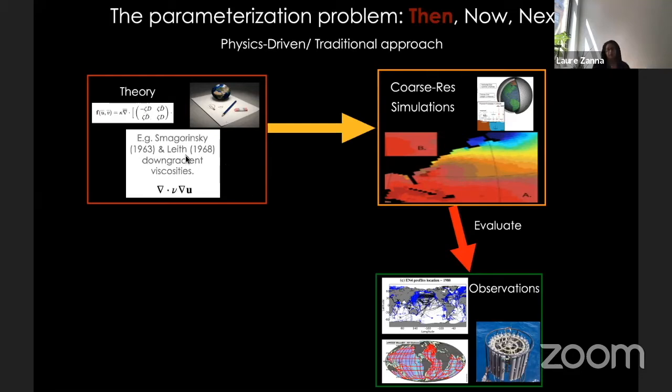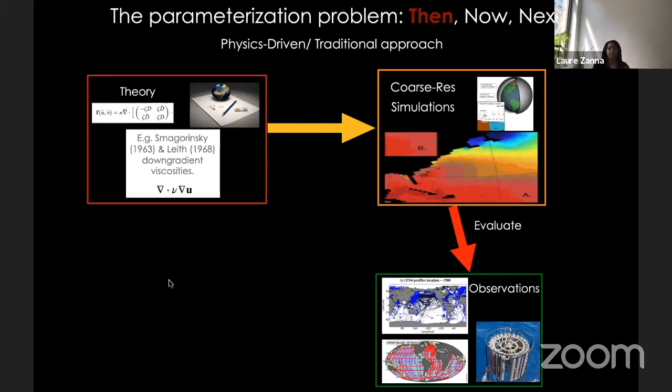And then you take that expression, which is a nice mathematical expression and fairly stable, and you plug that into a model at coarse resolution. And hopefully, you end up with a system that is more representative of the state of the ocean. You have fewer errors in your climatology, in your temperatures and other fields. And so you compare that with some observations. As you go back in time, we had fewer observations. Now I'll talk about what we have now. But overall, this is the way you evaluate your model. You come up with a theory, you write it down mathematically, you put it in your climate model at coarse resolution, and then you evaluate against observations.